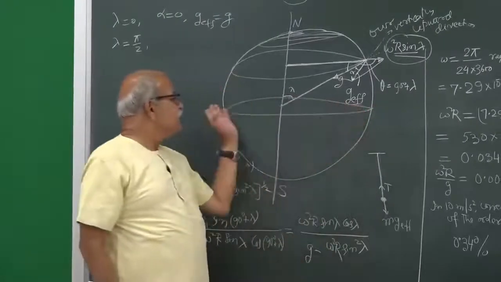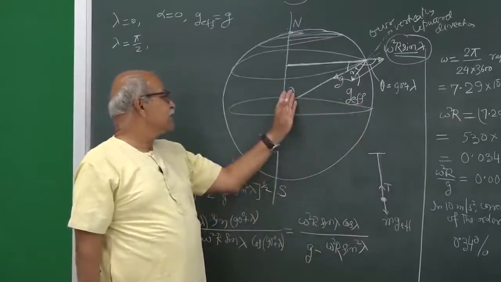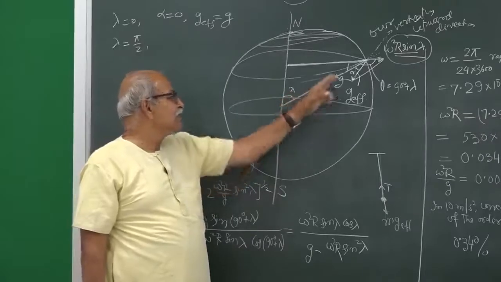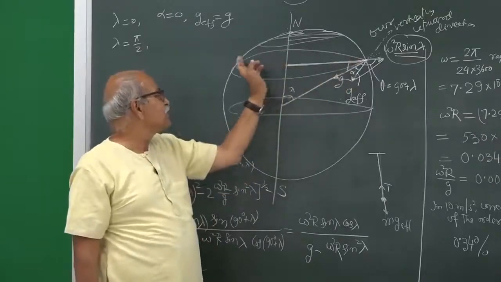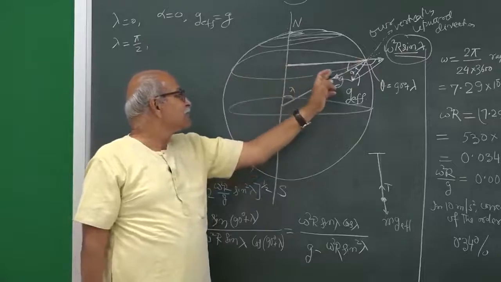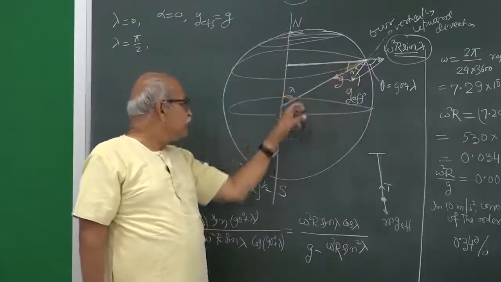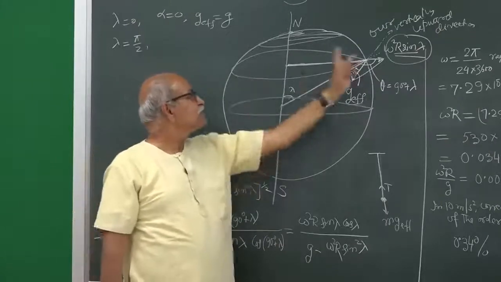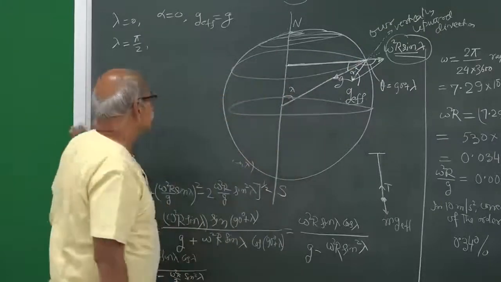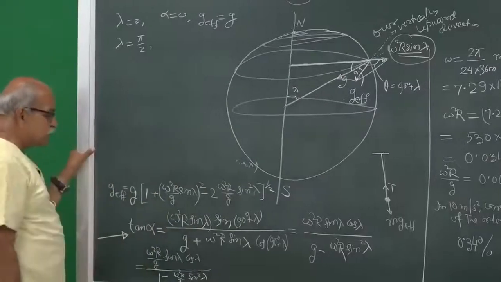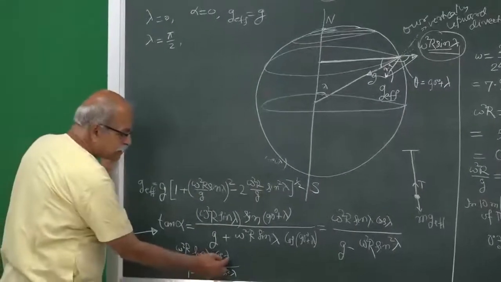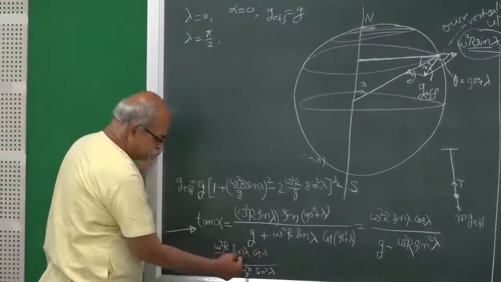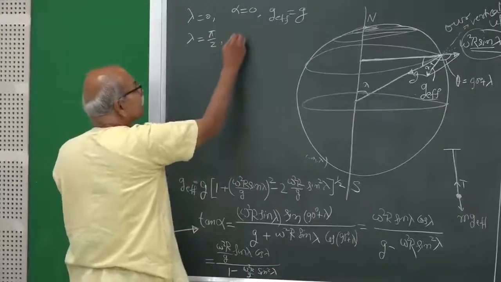And everywhere on the equator, lambda is 90 degrees, right? When you define this lambda, all these points on the globe have the same lambda, because from anywhere you draw this radius, it will be like a cone, and this will be the perpendicular cross section. So, lambda equal to pi by 2, you have cos lambda sitting here, cos of pi by 2 is 0, and therefore, this quantity is again 0, alpha is again 0.